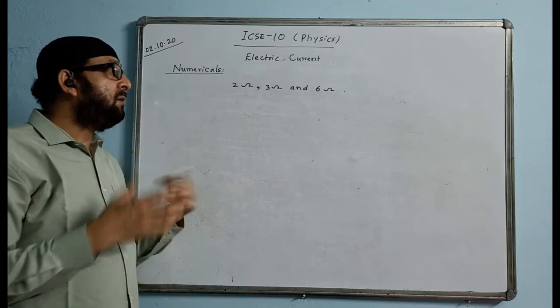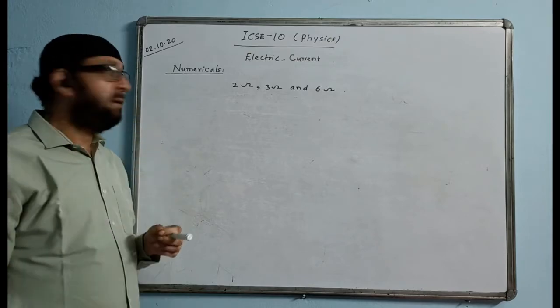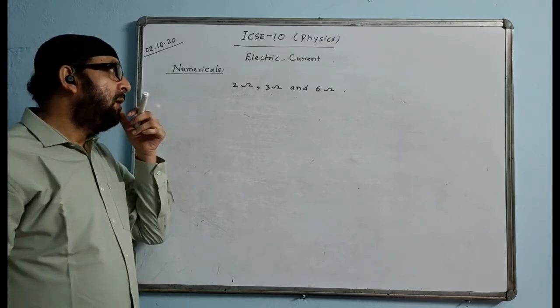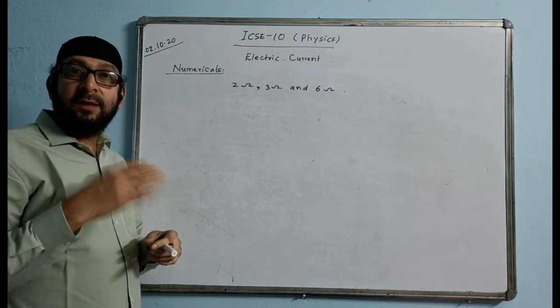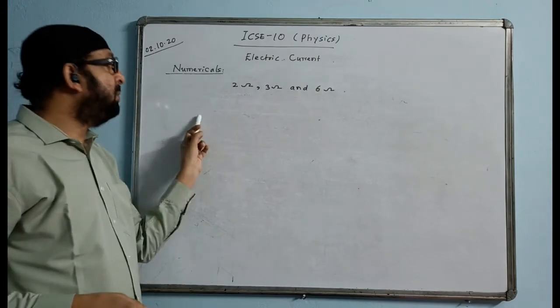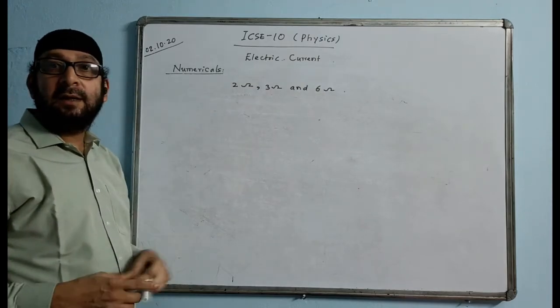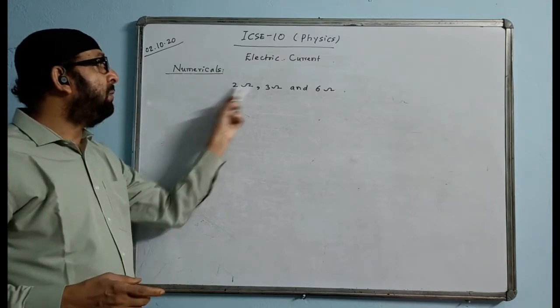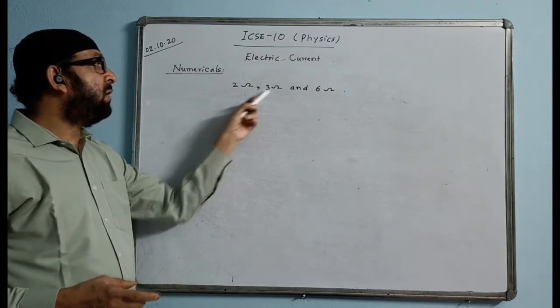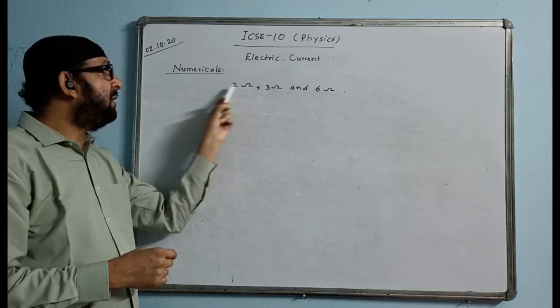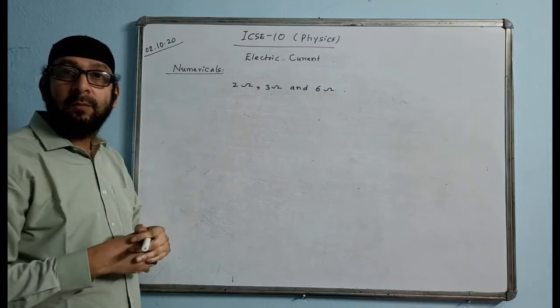You have to get the answer more than 6 but less than 8. Since your answer must come more than 6, that means 6 you must put in series, because in series the answer comes greater than the greatest. And these 2 you have to put in parallel, because from these 2 the answer will come anything but less than the least, that is 2. Less than 2 ohm will come.